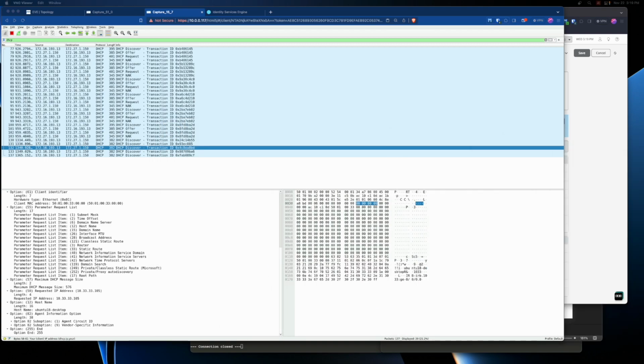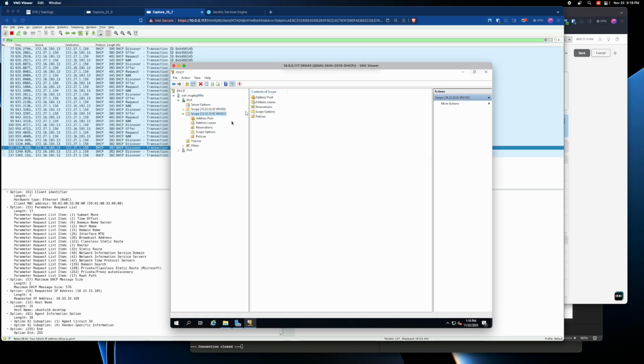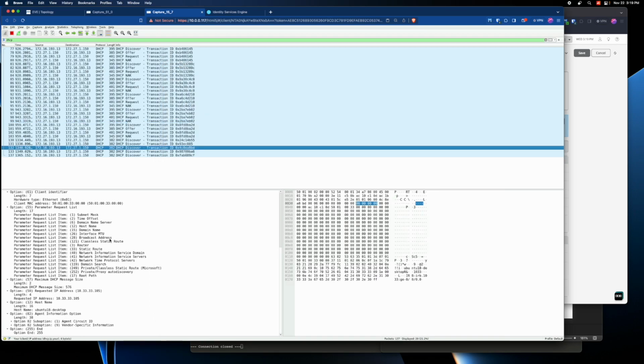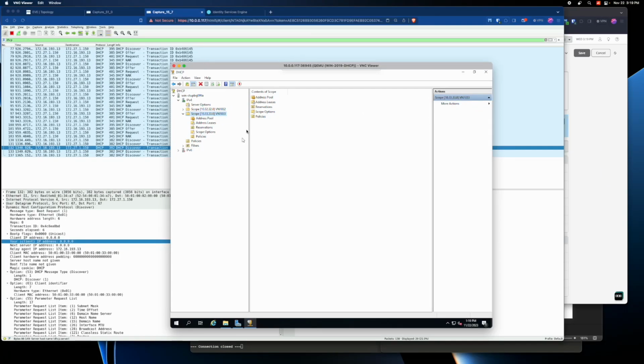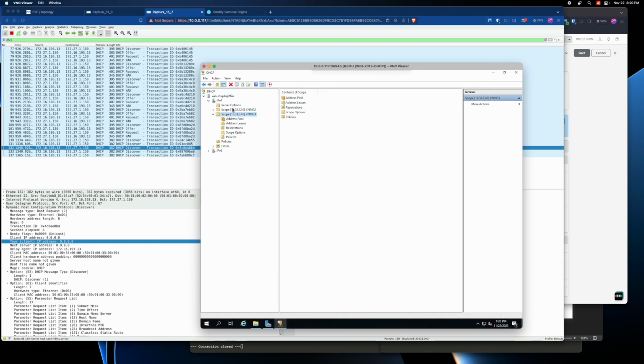And now, how do we fix that, right? How do we fix this NACK? As I mentioned, it has to do with the giaddr, it's this IP address. Now we are getting an offer, but the request and the acknowledgement, that's the issue. So the way around it is you literally have to create a scope on this server,